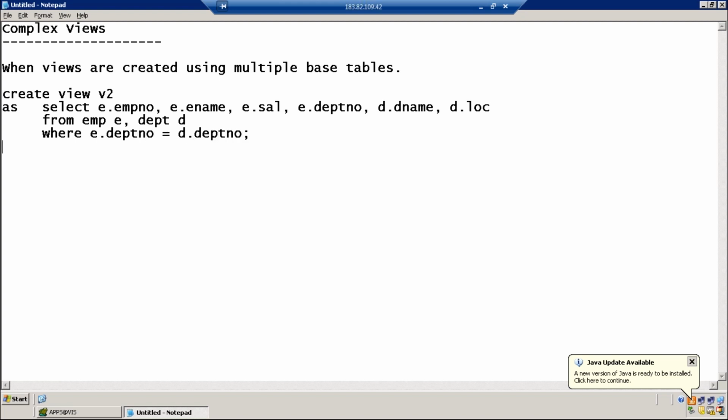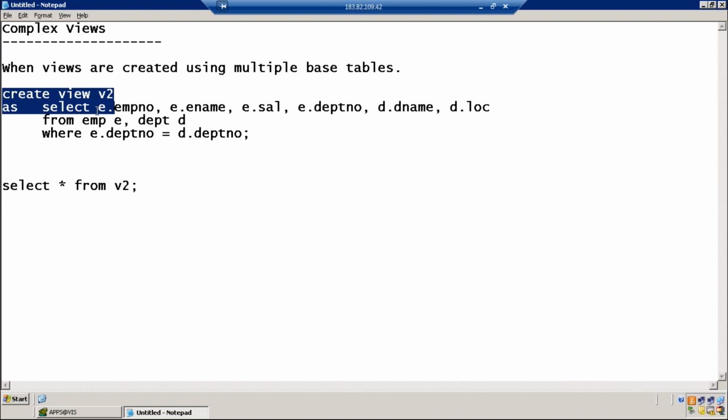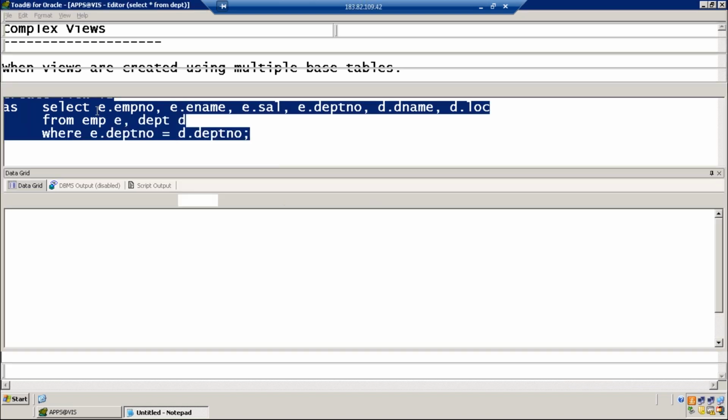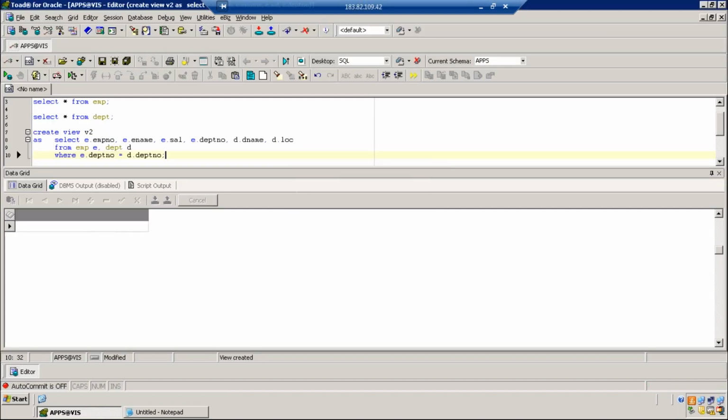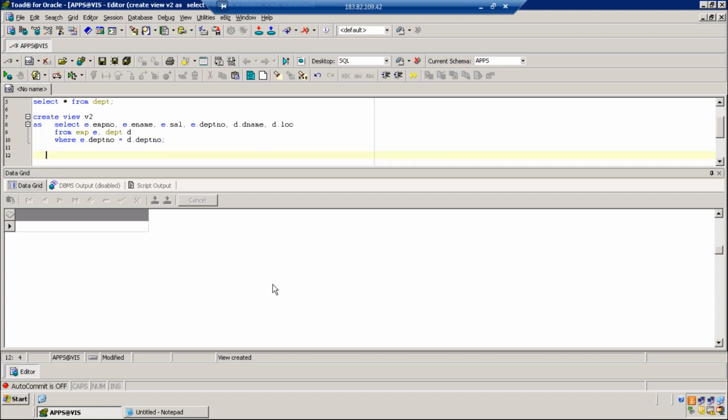If you observe, this is something like an equijoin query, isn't it? Selecting the data from multiple tables. If you create a view, so this view, let's first create it. You can see the view has been created. Once the view has been created, when you write select star from V2,